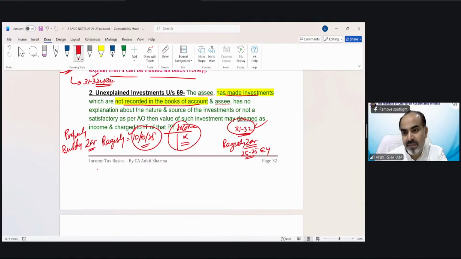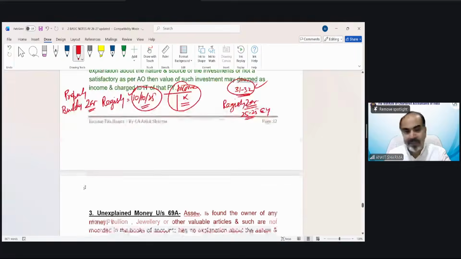Yes, absolutely right. If the previous year and earning year are different, then it is called black money, but I believe the sentence should be reversed. In case of black money, the previous year and earning year would be different. That would be the correct sentence. You have just revised the sentence. So point number 2 is exactly the same.